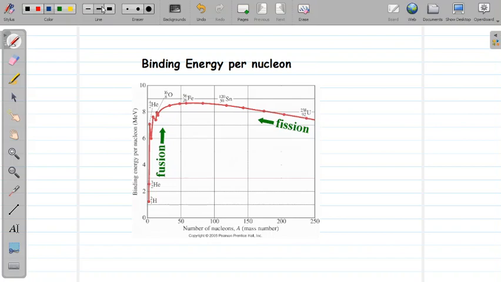Hello friends, in this video, let us learn a new concept, binding energy per nucleon. In the last video, we learned about binding energy and we will be defining binding energy per nucleon in this class. So the binding energy per nucleon can be calculated using the formula